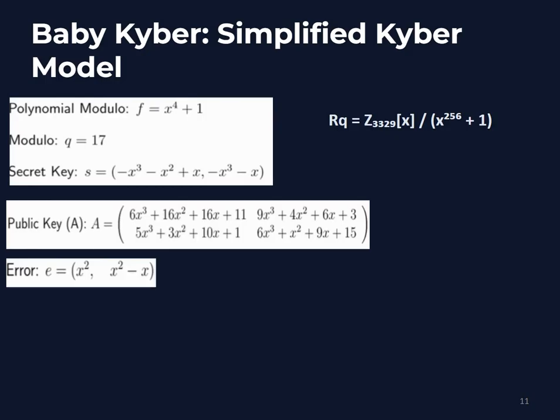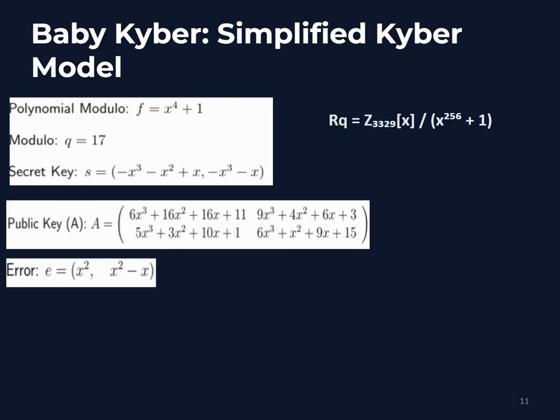If we compare this with the polynomial ring used in Kyber, shown on the right side, we can see that Baby Kyber uses much smaller parameters. Instead of a polynomial degree modulus 256, Baby Kyber uses a degree of 4. Similarly, the modulus Q is 17 instead of